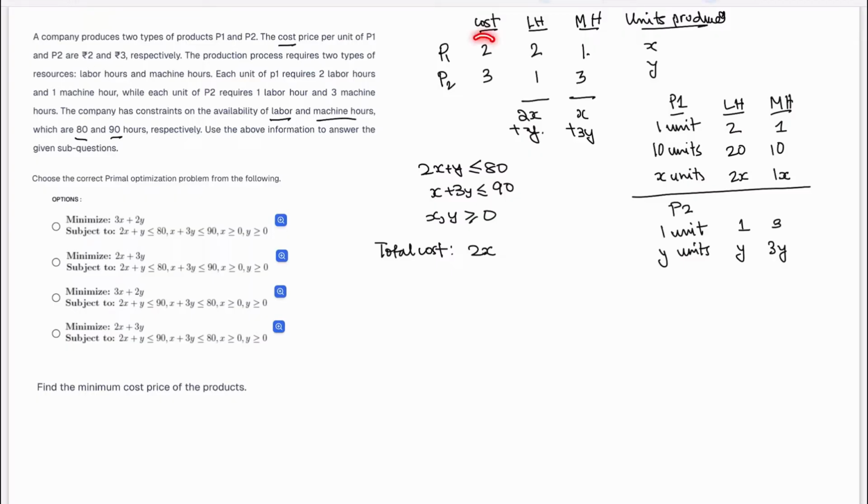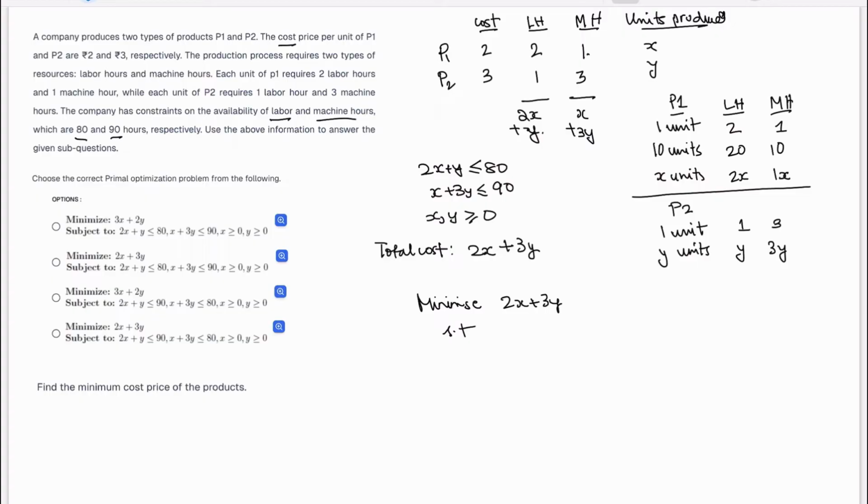So it says cost, so the total cost would be 2 times x, where 2 is the cost for P1, and 3 is the cost for P2. So it will be 2 times x plus 3 times y, right? That will be the total cost, and we have to minimize it. That is the idea. So the problem will be minimization of, see, all the options have minimized, so let's minimize it, because otherwise if it had been price, then I would suggest to maximize it. Okay,